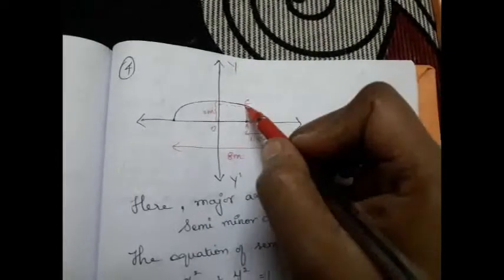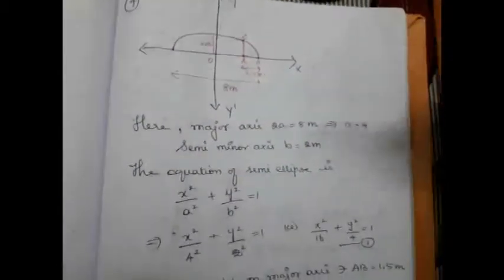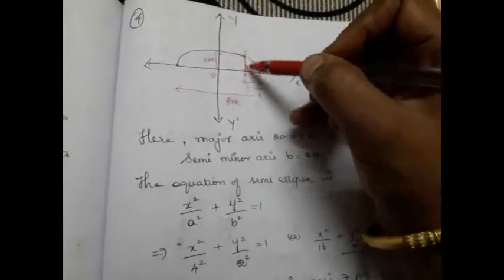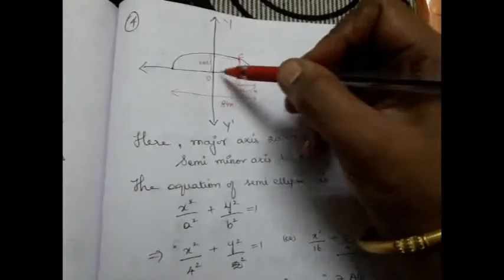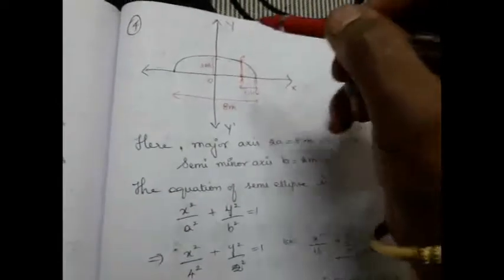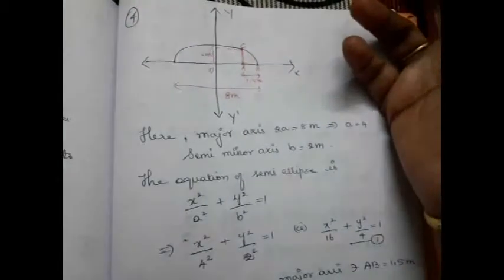So, this AB is going to be 1.5, right? They asked you to find this AC, the same procedure. What are we going to do? We are going to find the a and the b value and get an equation, and here we know this is 1.5. We need the coordinates of C. If we know OA, that is going to give the x coordinate. So, at that x point, what is the value of y? That's what we need to find here, right?